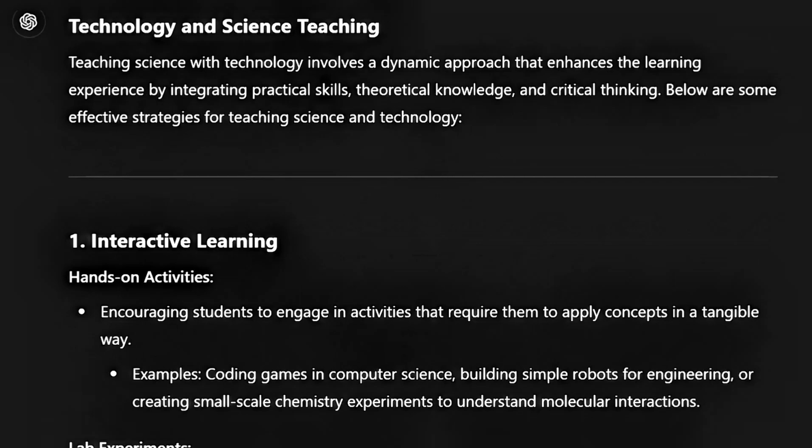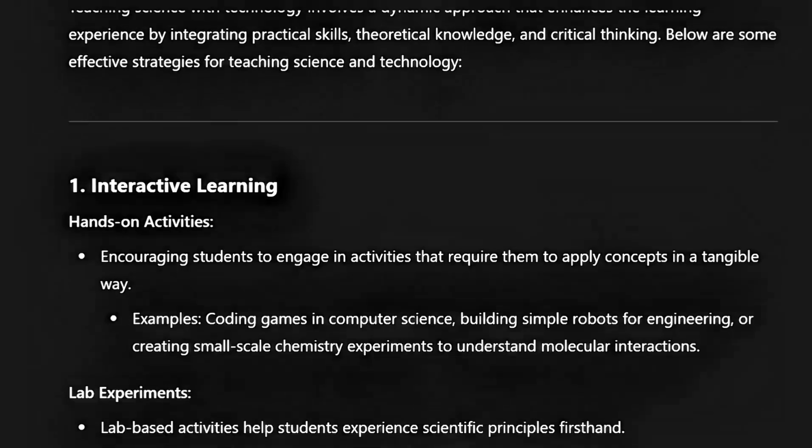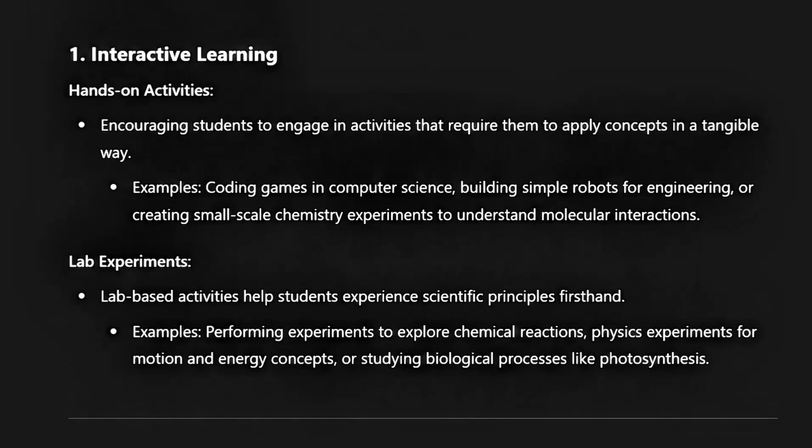Teaching science with technology involves a dynamic approach that enhances the learning experience by integrating practical skills, theoretical knowledge, and critical thinking. Below are some effective strategies for teaching science and technology. 1. Interactive learning. Hands-on activities, encouraging students to engage in activities that require them to apply concepts in a tangible way. Examples: coding games in computer science, building simple robots for engineering, or creating small-scale chemistry experiments to understand molecular